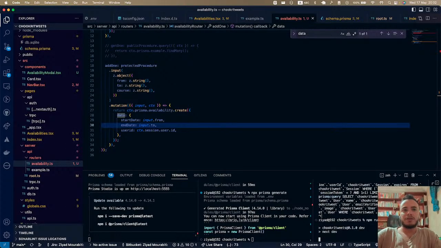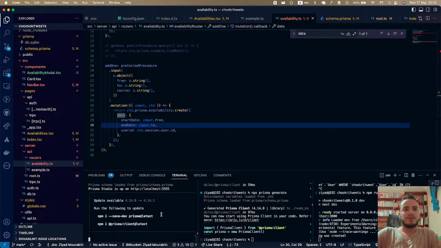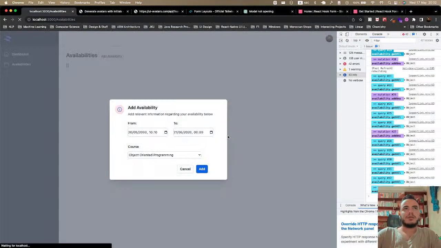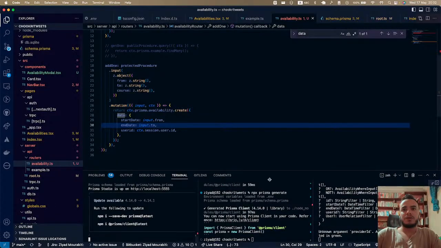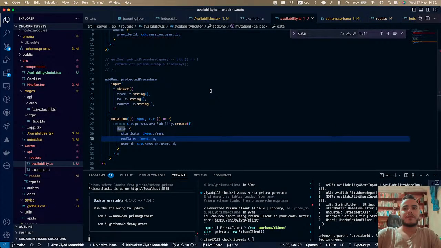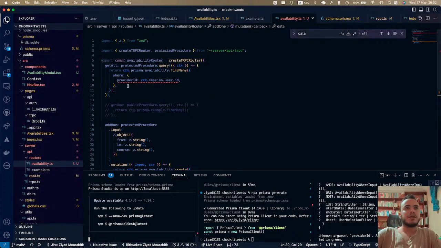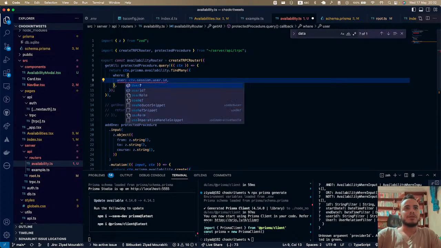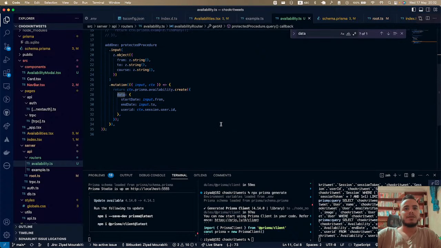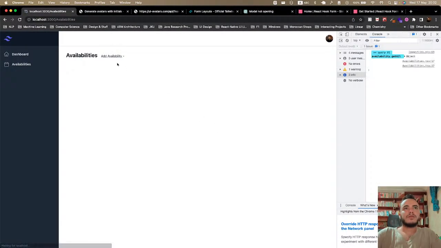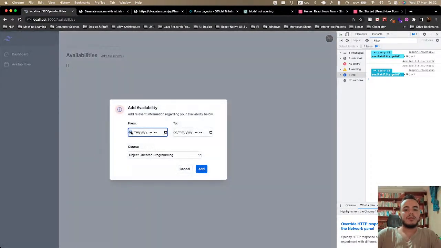Let me turn this off and on again, just to double check. Refresh. Okay. I'm trying to do get all. It's not working. Provider ID. Yes. Where user ID. I'm not getting any this time, which makes sense. And now if I try to do add availability,